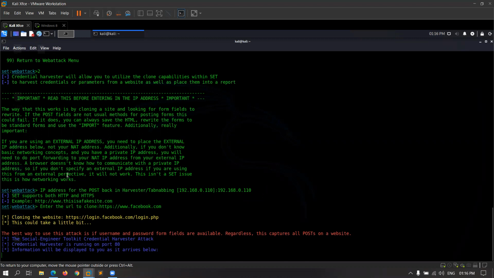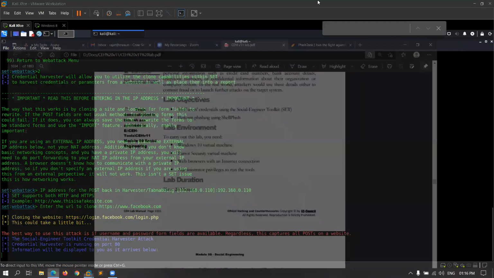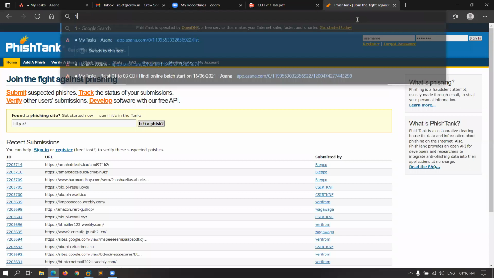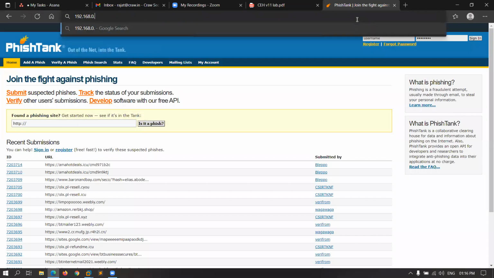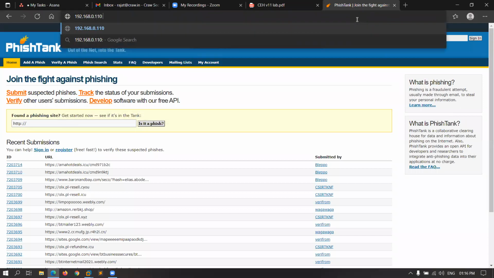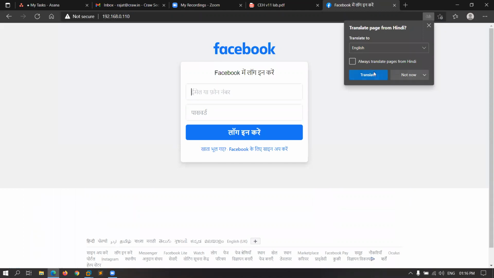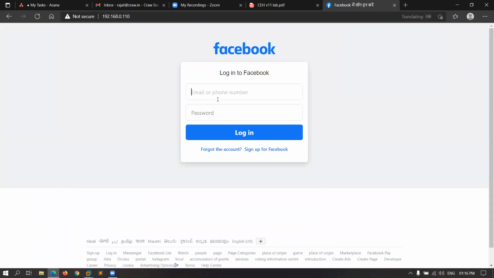So what I have to do is open the IP address of the victim machine, the IP address that I provided in creating the attack. And what was the port? Port 80. It was port 80. So here you can see I have to type the email. This is a fake page. Basically, it is a phishing attack. So we are trying to attack a person by using the fake profile page.